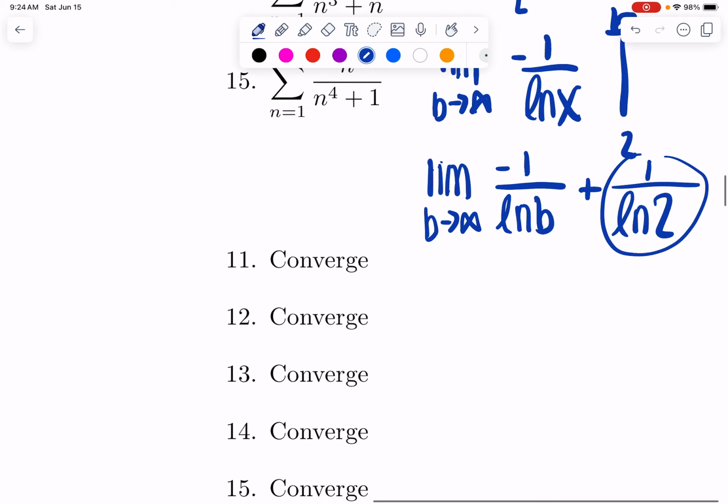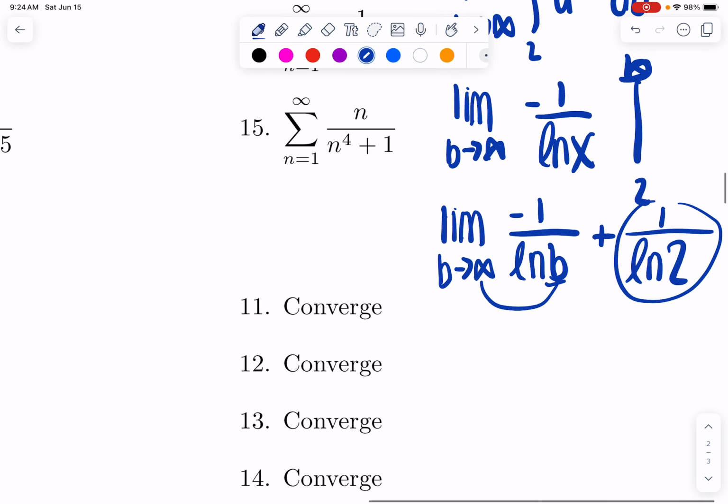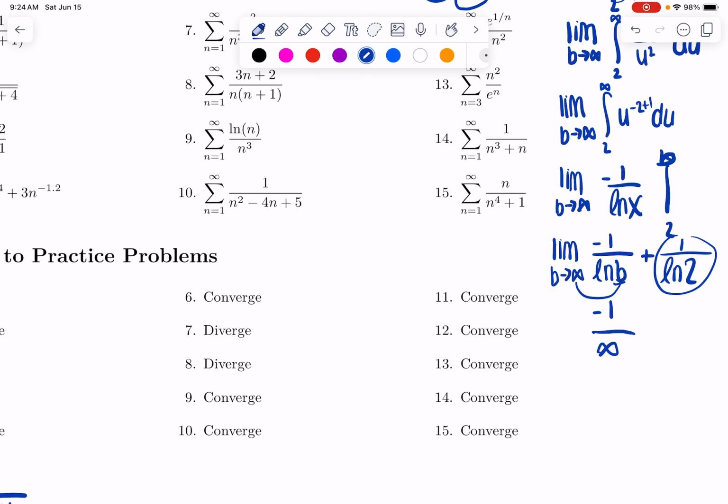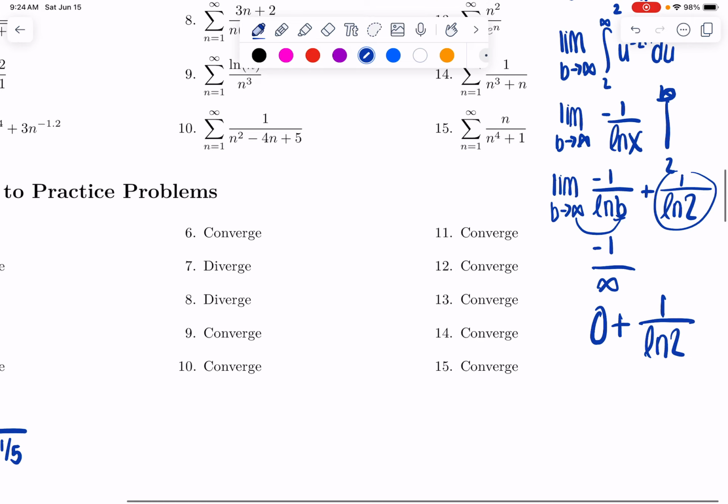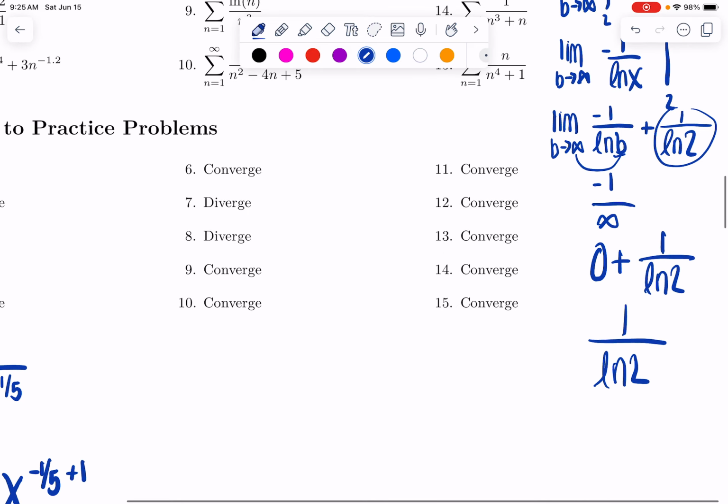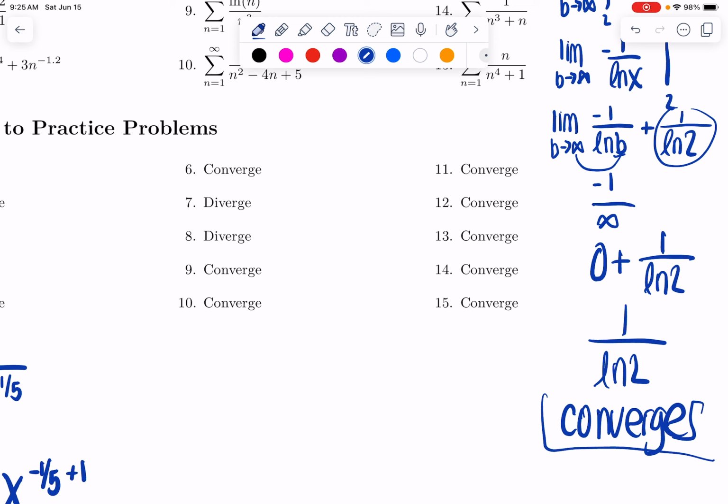This is just a finite term, but what I'm really concerned about is if I plug in infinity there, it'd be 1 over infinity. 1 over infinity is getting a really large number on the bottom, so that would just be 0 plus 1 over the natural log of 2, which is just 1 over the natural log of 2. In other words, that would be a finite number,